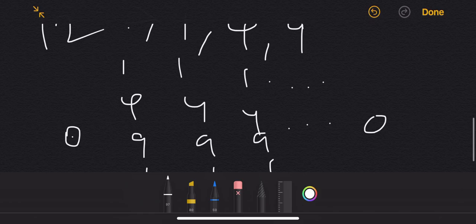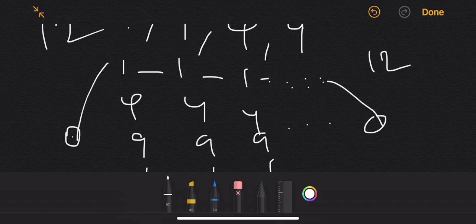So the problem is we have to go from here to here, and we can take any node at any point of time, but the only condition is the sum of all nodes that we are going to take must be 12. So we can take this path 1, 1, 1 and so on 12 times and finally take this path, or else we can take 1, first is 1 and then we can take 4 and then later